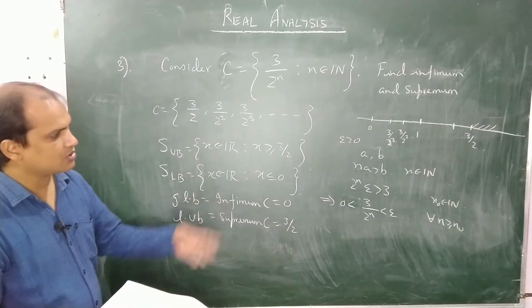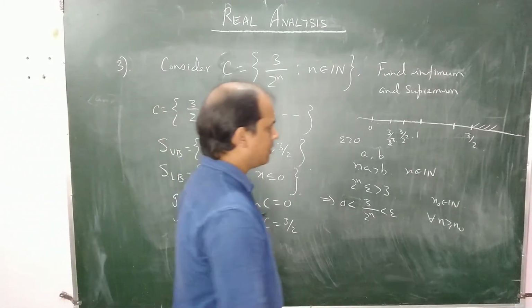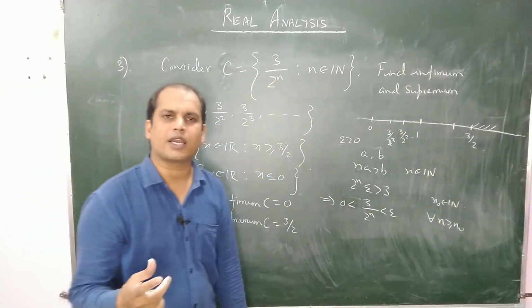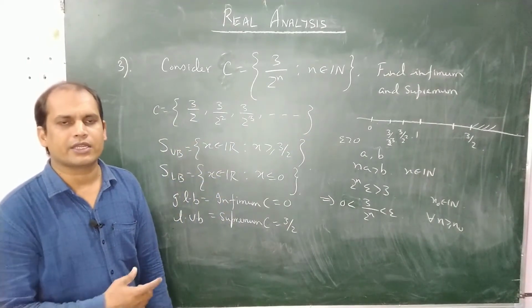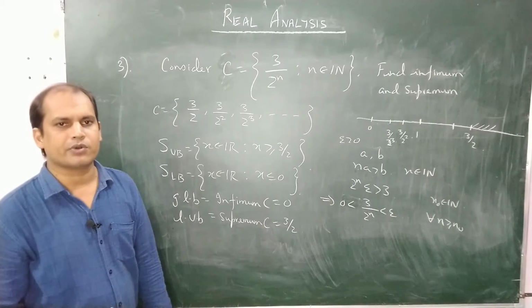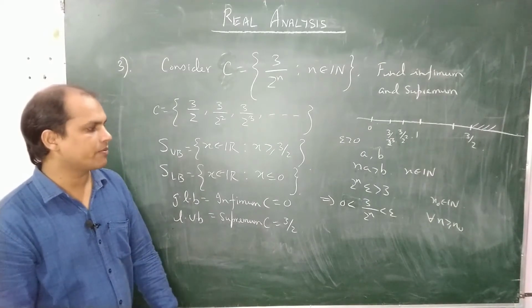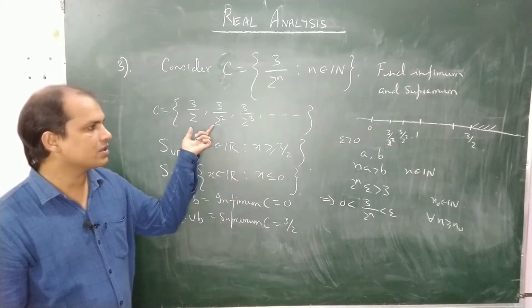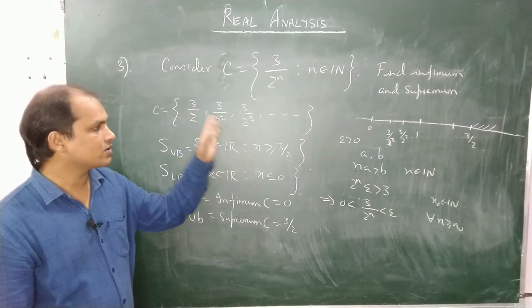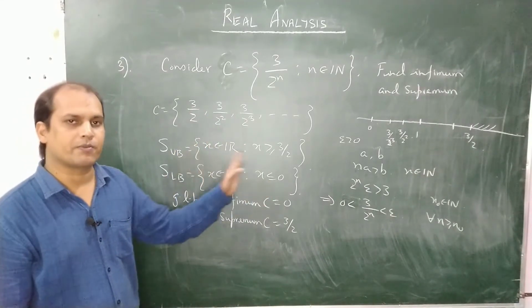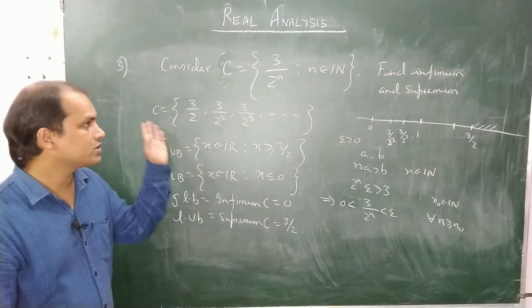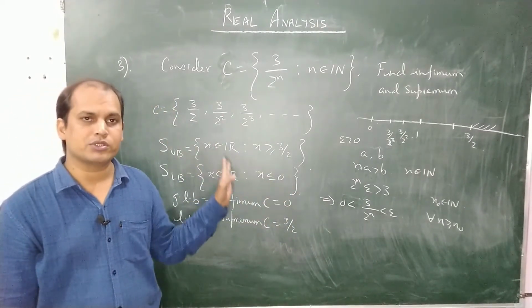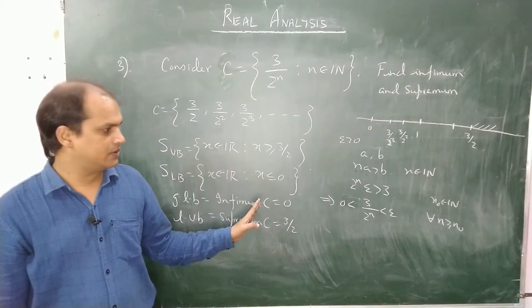In fact, let me recall this Archimedean property of real numbers once again. In my earlier lecture, I have given several examples. This is a very important property, and I will use it. Why I am focusing on this concept is because it will be used at several places, even in the concept of limit point, that the limit point of 1 by n is 0. There again we will use all these things.